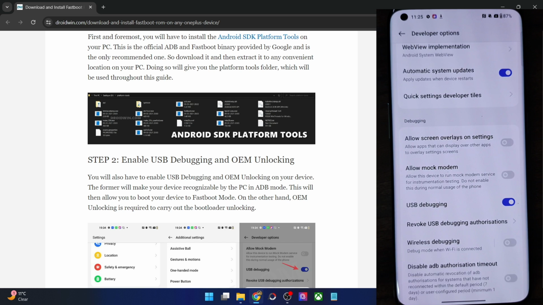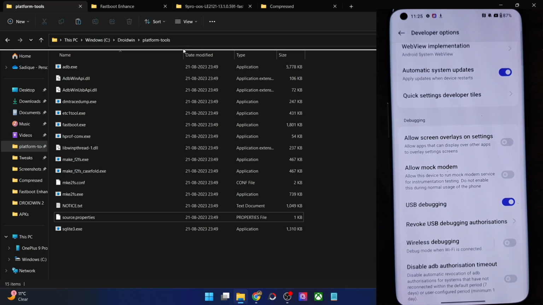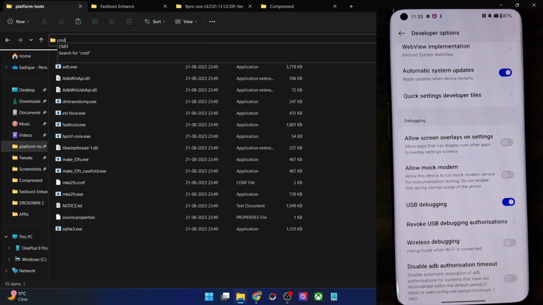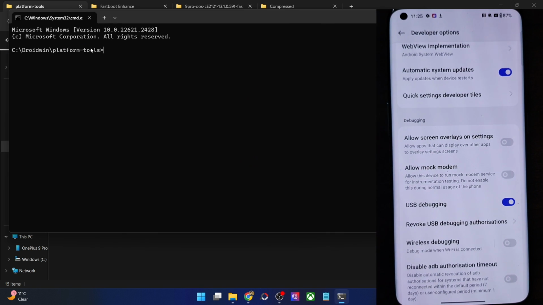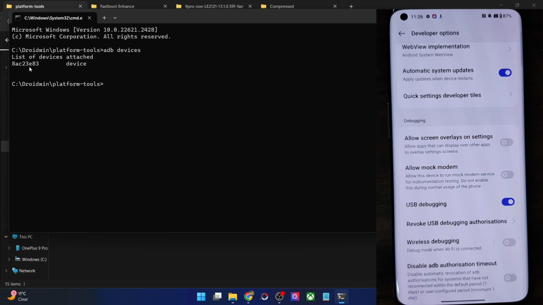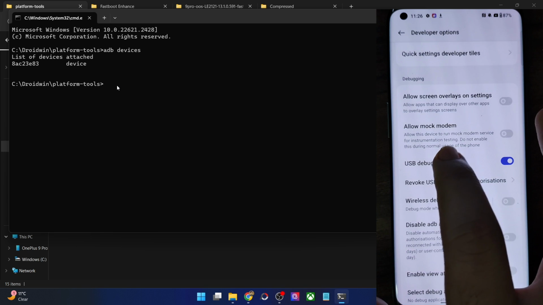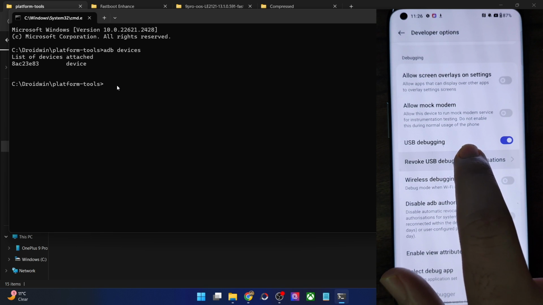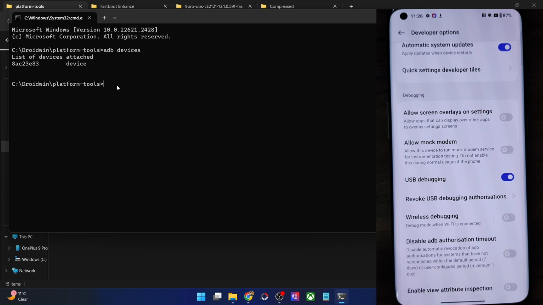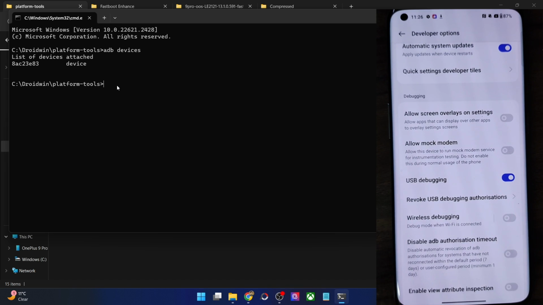Once you have done so, debugging will be enabled. Let's verify the same. So go to the platform tools folder address bar, type in CMD and hit enter. This will launch command prompt inside platform tools. Now type in adb devices and hit enter, and make sure that you are getting a serial ID. If you're not getting any ID, then unplug and replug your phone from the PC. Disable and re-enable USB debugging. Tap on revoke USB debugging. Use the official cable that came with your phone and use the USB 2.0 port on your PC. So carry out these USB tweaks and make sure that you are getting an ID.